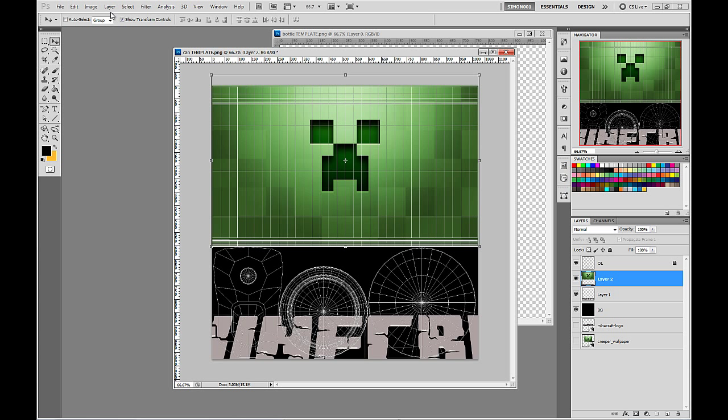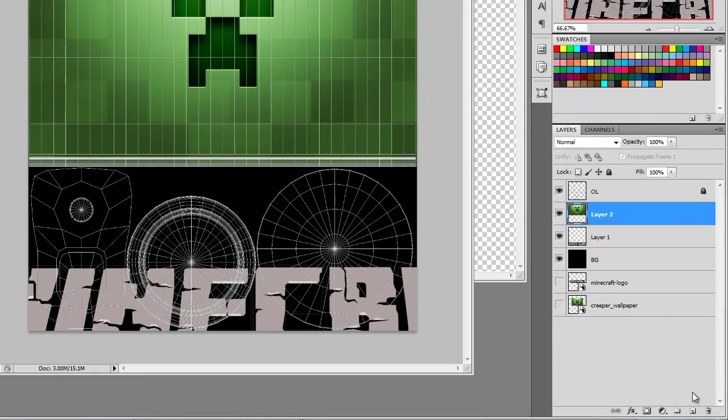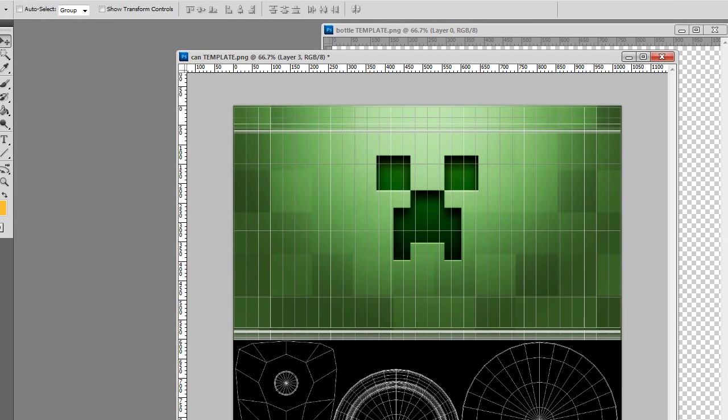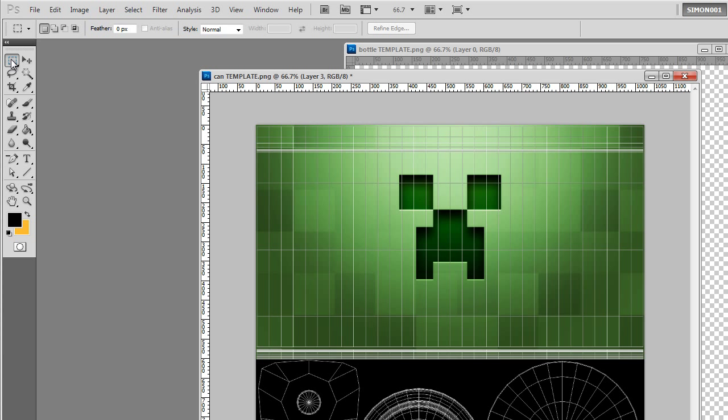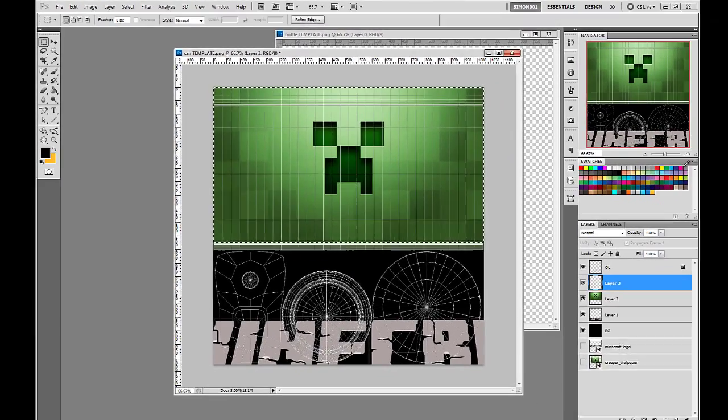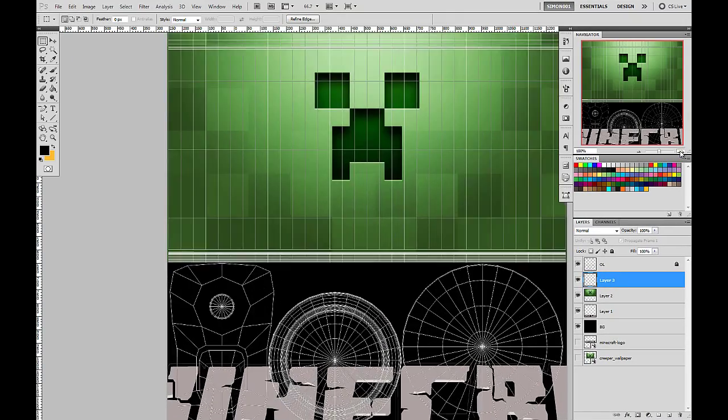Now the other option, if you don't want to use a picture and you just want a blank cut, or just a flat color that you create, the other way of doing it is to use a new layer and a marquee selection at the top, just here, and just drag a box around your label area on the template like this. Now what I'm doing here, I'll just press F and go full screen for a second,